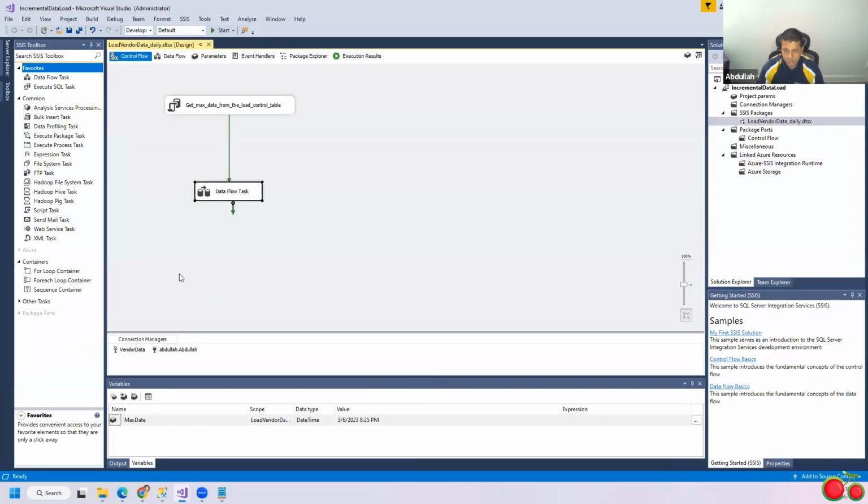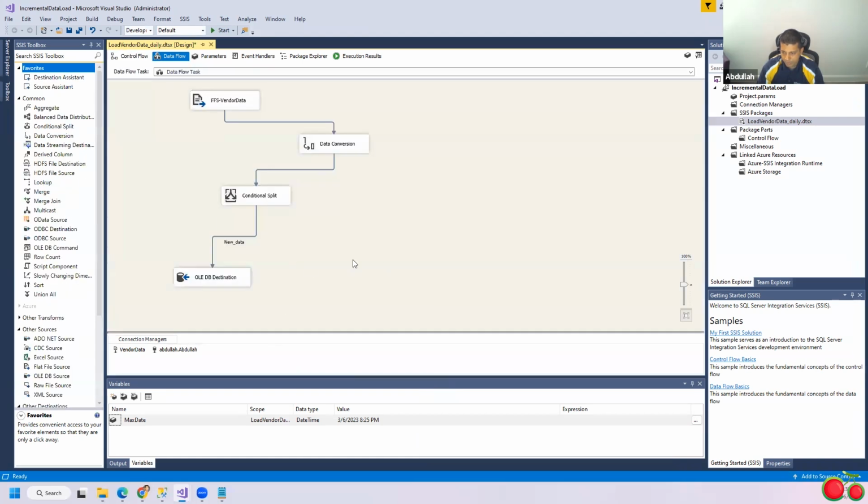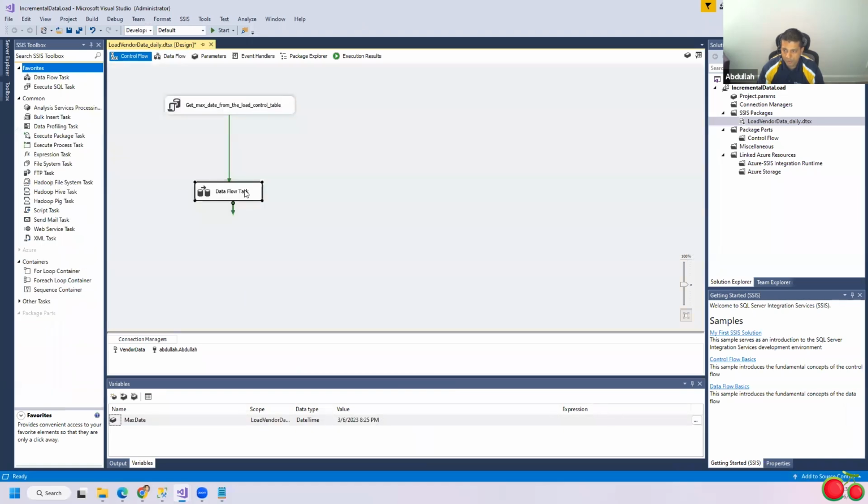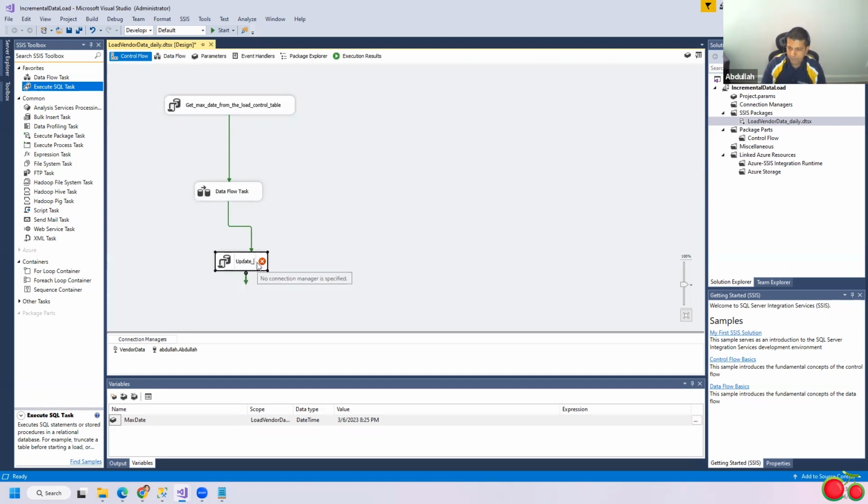Either you can do an OLEDB command inside the data flow somewhere here, or in the control flow, when everything is done, you can just have an execute SQL task here and say update load control table. Now, the way you are going to do that is simply you're going to go back here